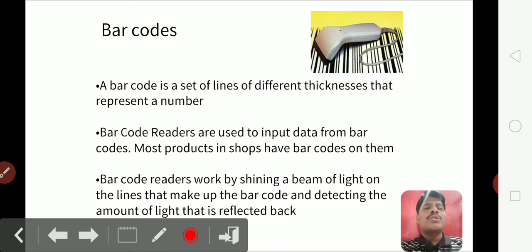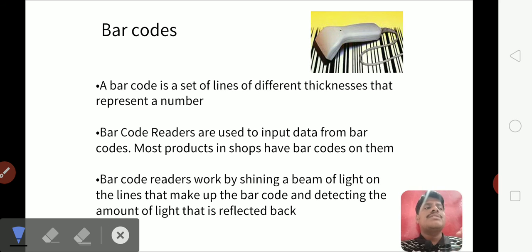Coming to the barcode reader. For different products, for commercial purposes, we use barcodes. The barcode stores the information regarding the entire commodity or product. Using the barcode, the information is read and processed by your CPU, and later displayed on your monitor screen or printed out with the help of your printer.